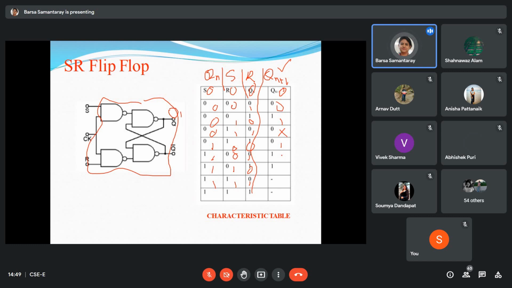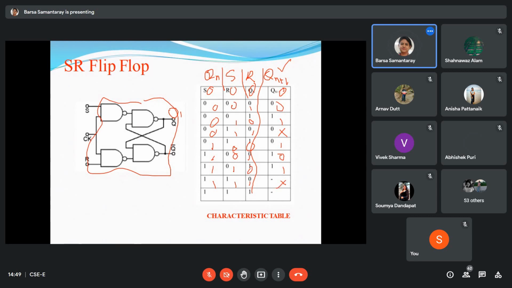कौन सा 1 है? R1 है या फिर S1 है? R1 है। तो आउटपुट क्या आएगा? 0। वेरी गुड। यहाँ पे S1 है या फिर R1 है? S, तो आउटपुट क्या आएगा? 1। हाँ। ओके, देन 1 1 है, फॉरबिडन।